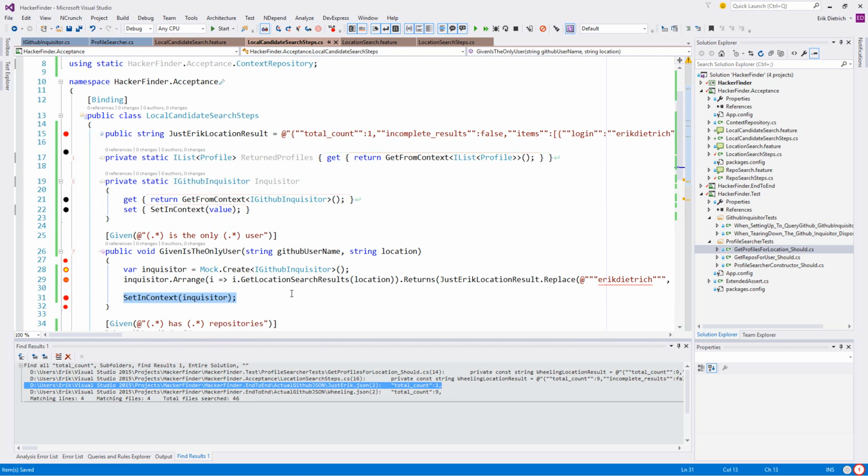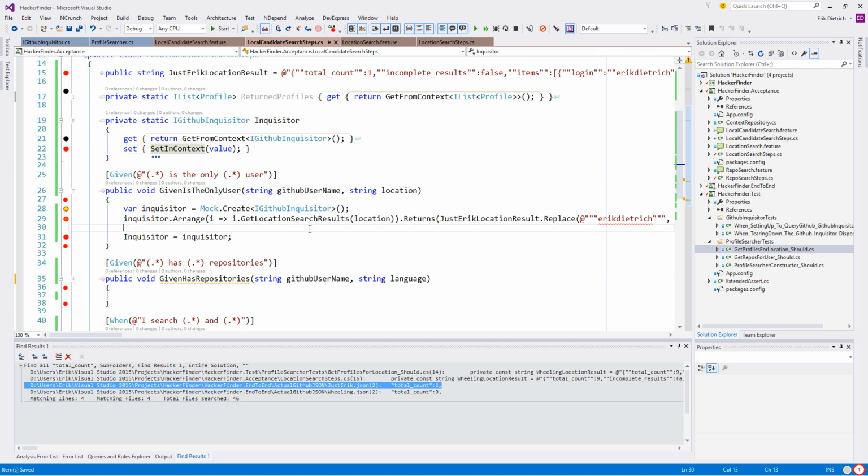So actually, forget about this. It'll be a little more readable just to say Inquisitor equals... Might refactor some of that later. Now,